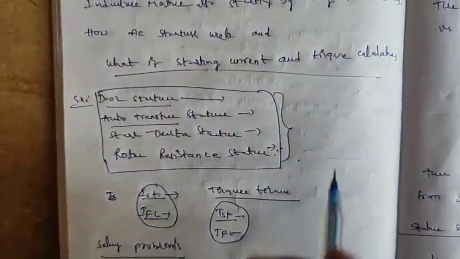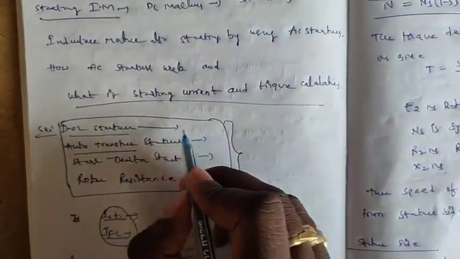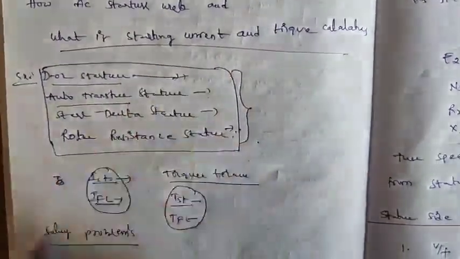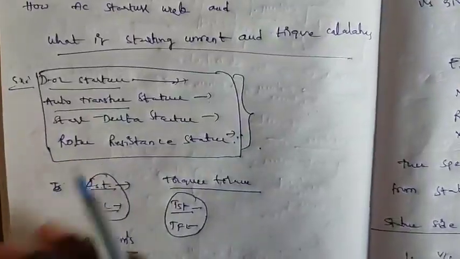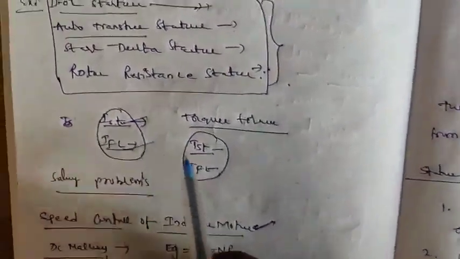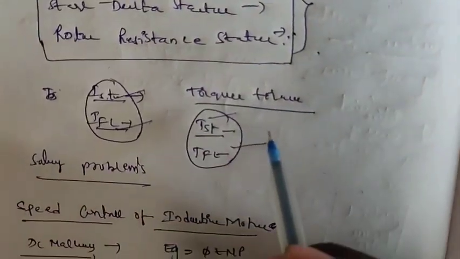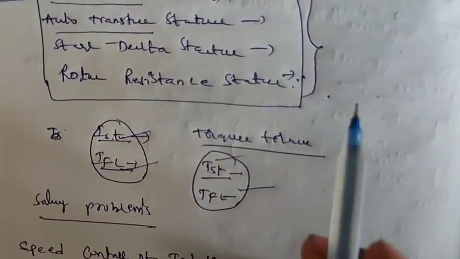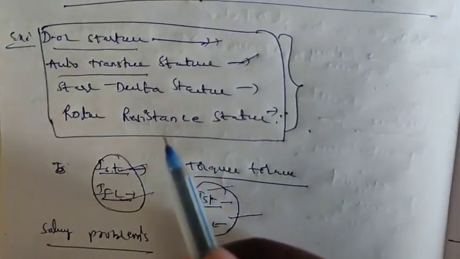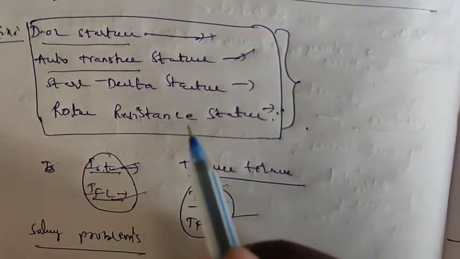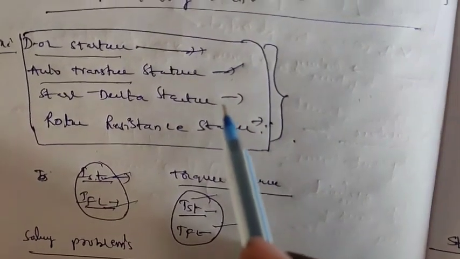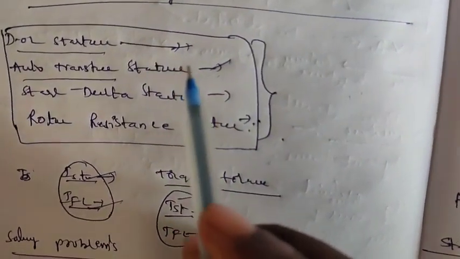For example, the DOL starter: its diagram, construction and working, deriving the starting current, full load current, starting torque, full load torque, and some numerical problems. Then auto transformer: what is the disadvantage of the DOL starter, and why we go for the auto transformer. We also solve some numerical problems, and go on to another one,